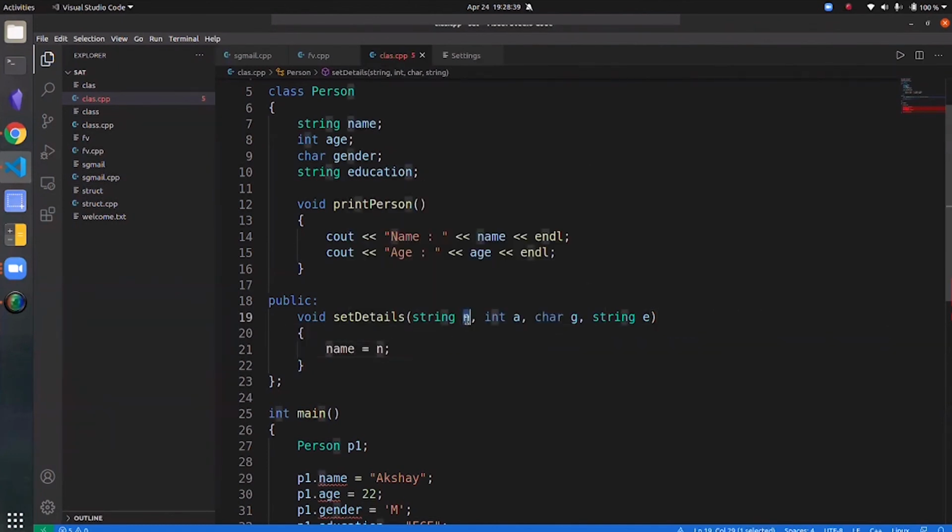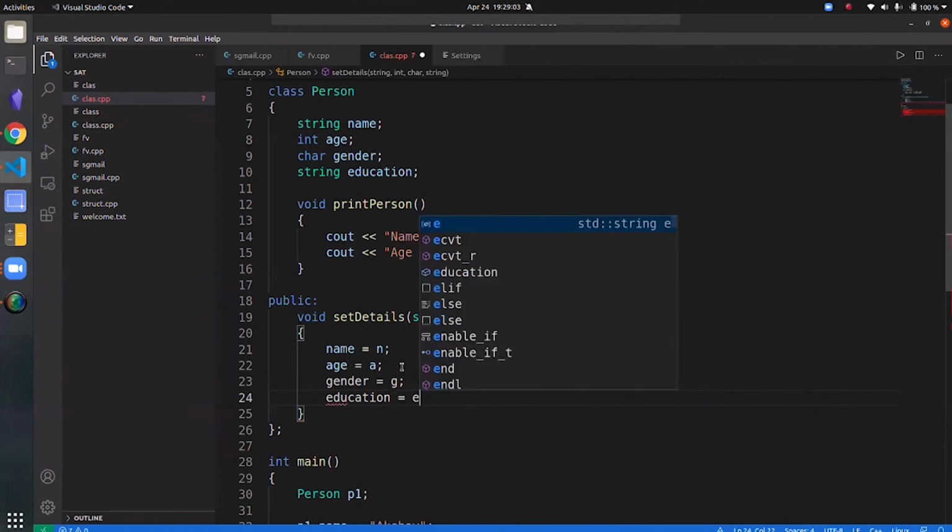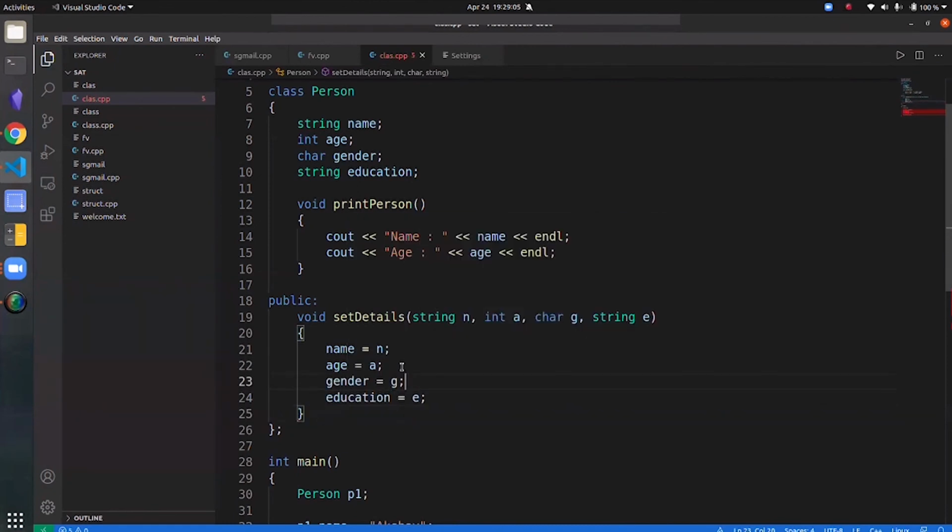So n is the parameter that we're going to be passing to this function. Similarly, age will be equal to a, and this a here is the parameter that we're going to be passing to this function. Then gender is equal to g, and education will be e. Okay, so that's pretty much it.